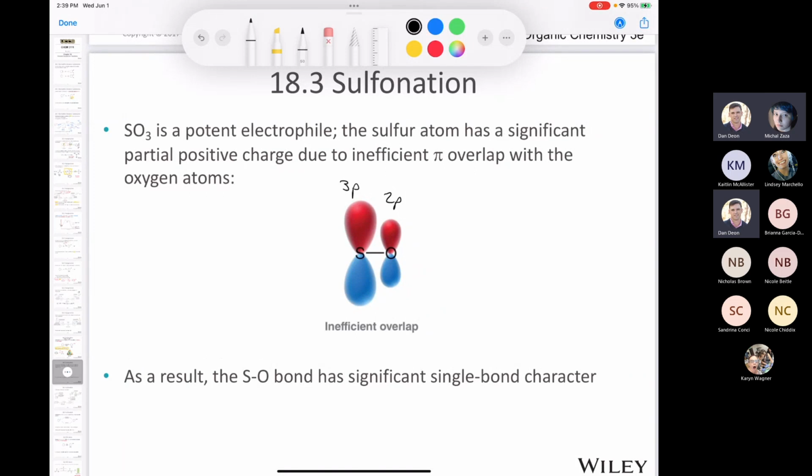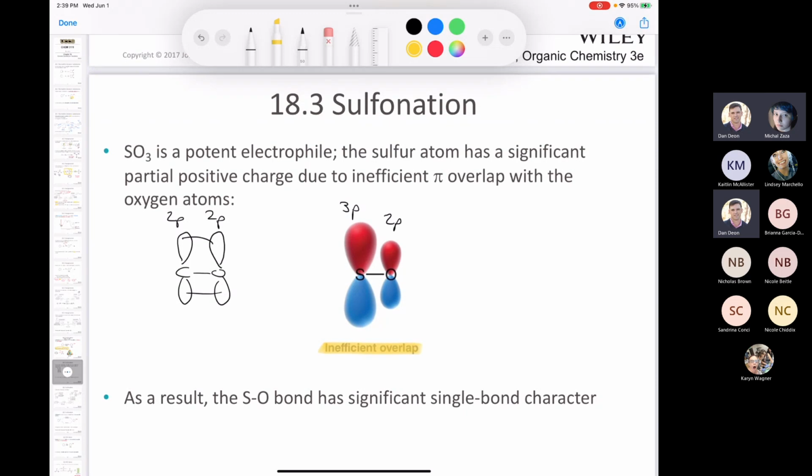If you think about a carbonyl, for example, with a carbon-oxygen pi bond, both of the 2p orbitals come from the same period, so the orbital overlap is much more efficient in a carbonyl. But when we have a sulfur-oxygen double bond, which we see many times in organic chemistry, only a few times in this class, but if you study advanced organic chemistry, what you really conclude as an organic chemist is that the sulfur-oxygen double bond has a lot of single bond character to it, which imparts some really interesting reactivity. Anyhow, we don't go into much more detail than that, but the bottom line,